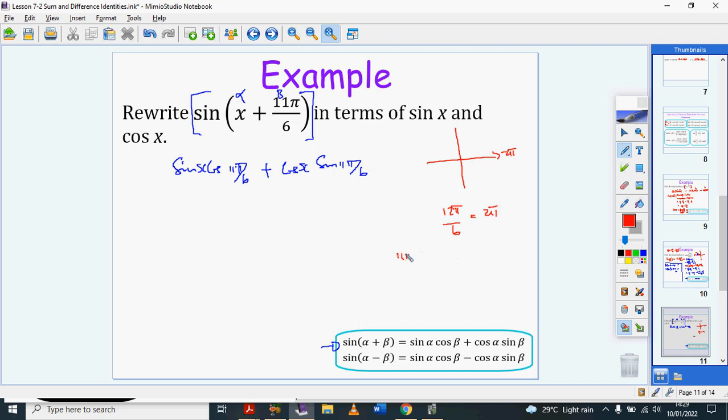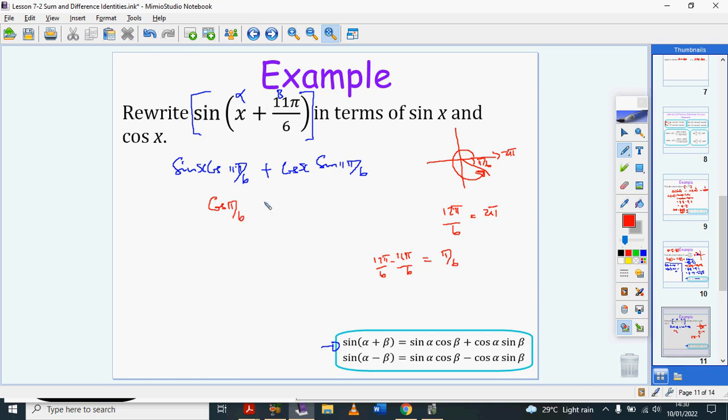So 11 pi over 6, I'm trying to figure out how far off it is from 12 pi over 6. I hope you can see that that's just pi over 6, right? 12 minus 11 is 1, which is pi over 6. So I know that the acute angle that I'm looking for here is pi over 6, because this is 11 pi over 6. So the cosine of 11 pi over 6 will be the same as the cosine of pi